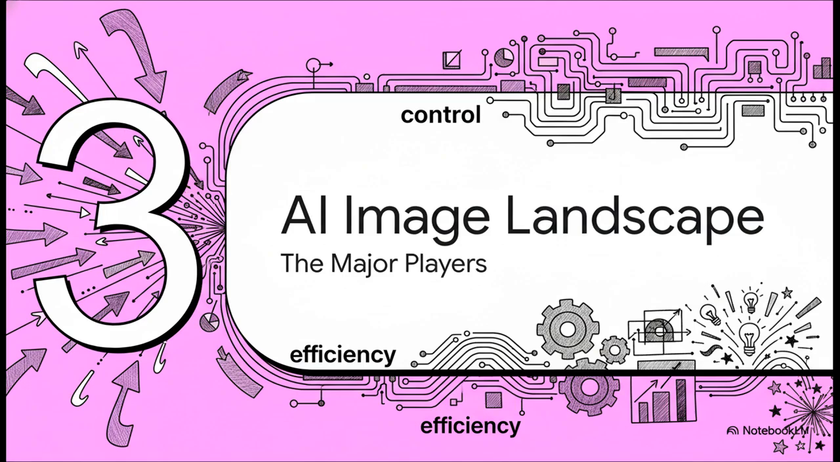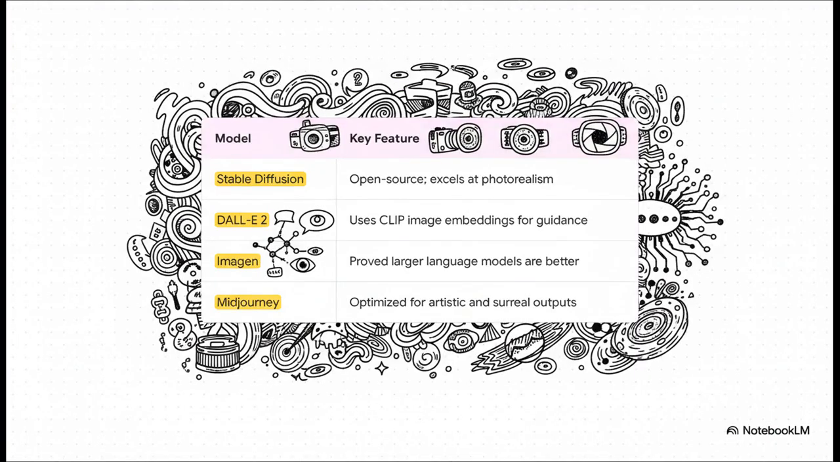So let's do a quick flyby of the major players out there today. Each of the big models kind of has its own personality, right? Stable Diffusion is famous for being open source and built on that super efficient latent diffusion method. DALL-E 2 was a pioneer in using another AI called CLIP to really understand the text prompts. Google's Imagen basically proved that if you have a massive language model, you'll get way better images. And then you've got Midjourney, which has carved out this amazing niche for creating these beautiful, artistic, and often surreal